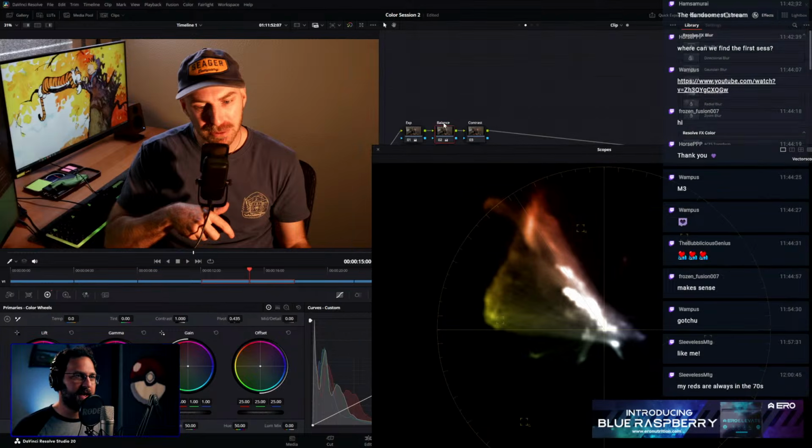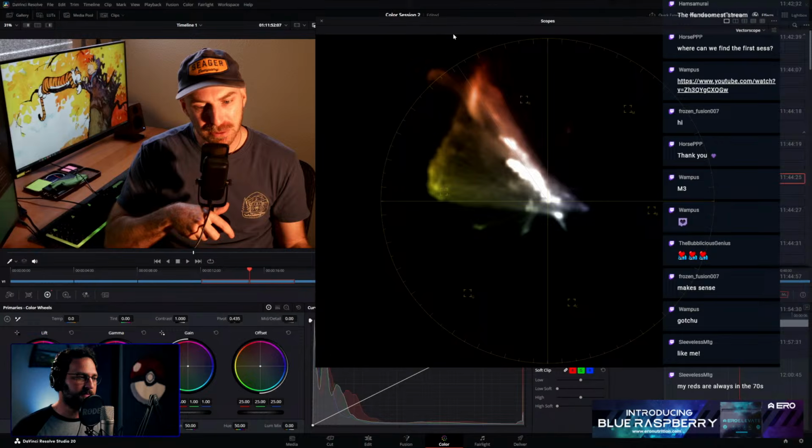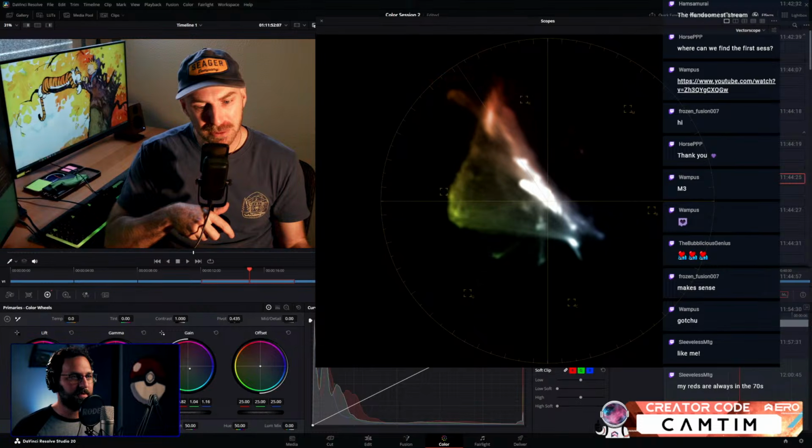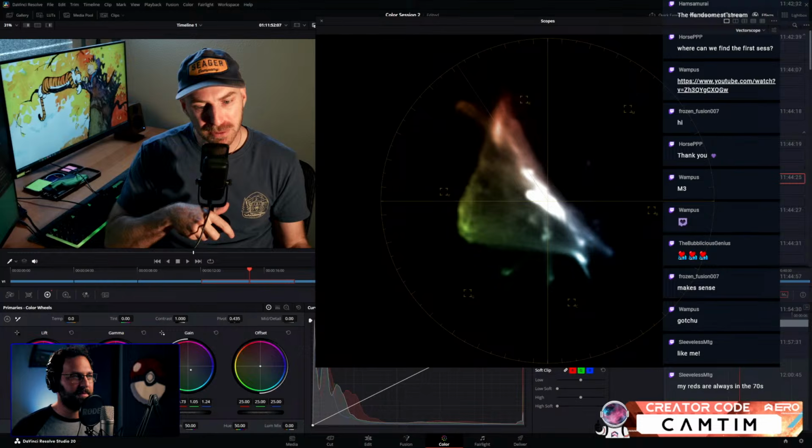The easiest way to do that on our balance node here, again since we're in linear, is to go to gain and just pull it. And the great thing with this vector scope is it basically directly corresponds with our color wheels. So whichever direction we pull this, it's going to follow that exact direction. So if we grab our gain and start pulling it down, we can keep the skin tones on those lines